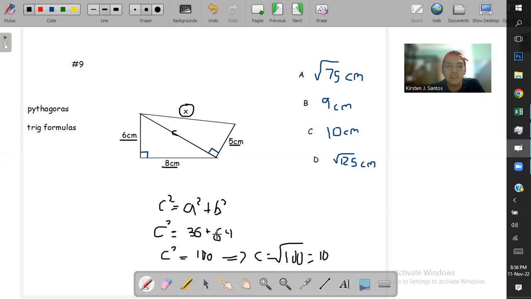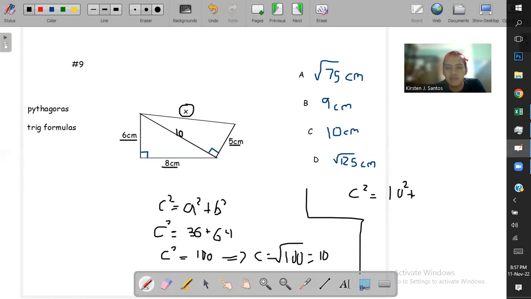Okay, so now we have figured out what the side c is, and that is 10. And that's just the first part of the question. The second part of the question is we want x. We still want x. So we use the same Pythagorean formula to say 10 squared plus the square of the other leg,